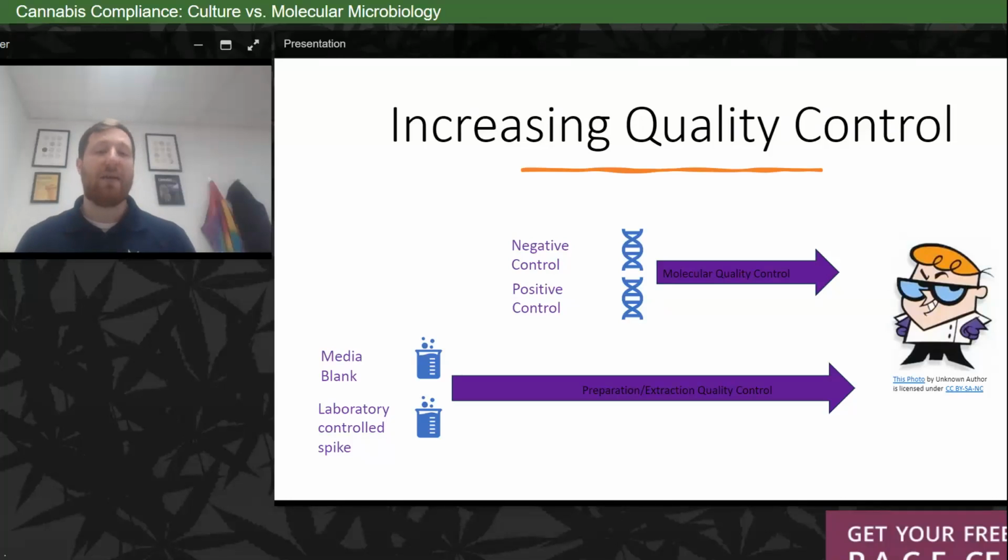You also should use a laboratory controlled spike. That's also in the AOAC ALAC Guide to Interpretation for ISO 17025, if you're going to abide by the ALAC. A laboratory controlled spike means your target organism should also be incubated with it. So in Florida, we test for total yeast and molds. We have a certified reference material that comes in a pellet. We incubate it along with the samples on the plate, obviously. So we hydrate the pellet and then we plate it onto the plate.